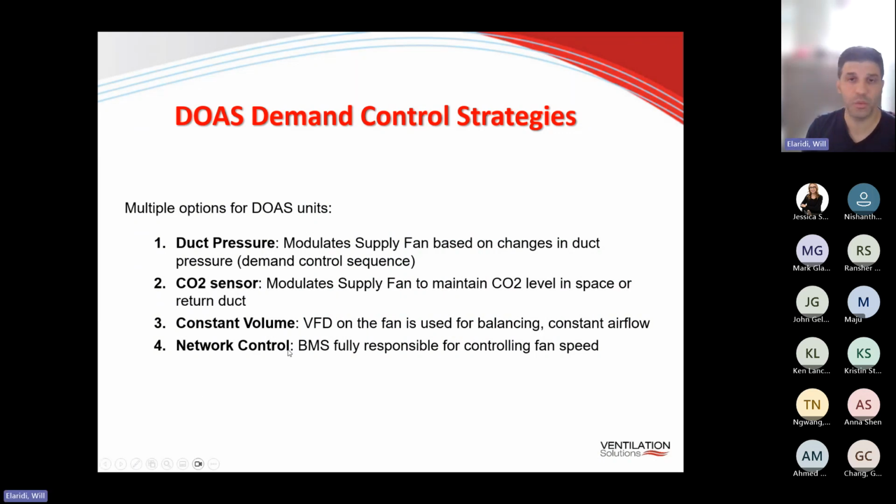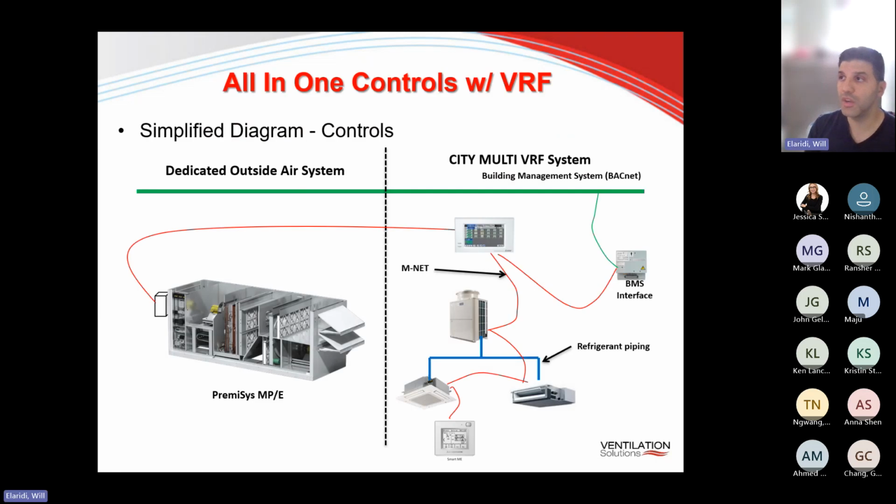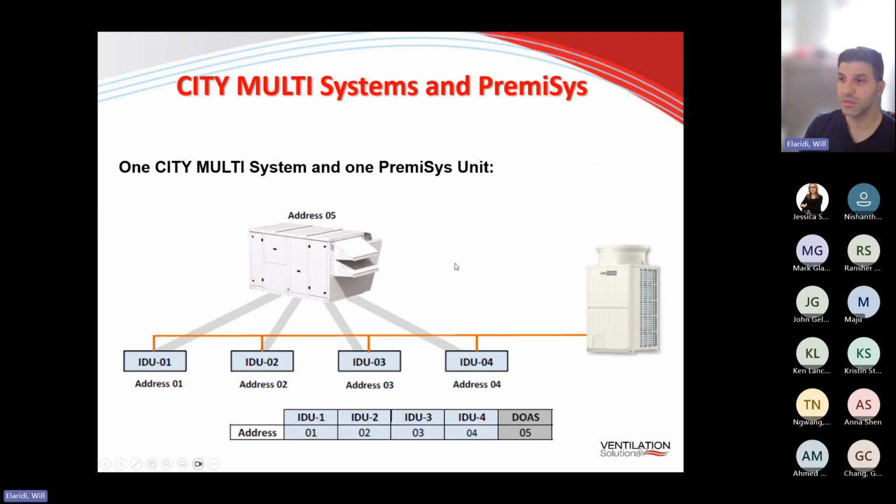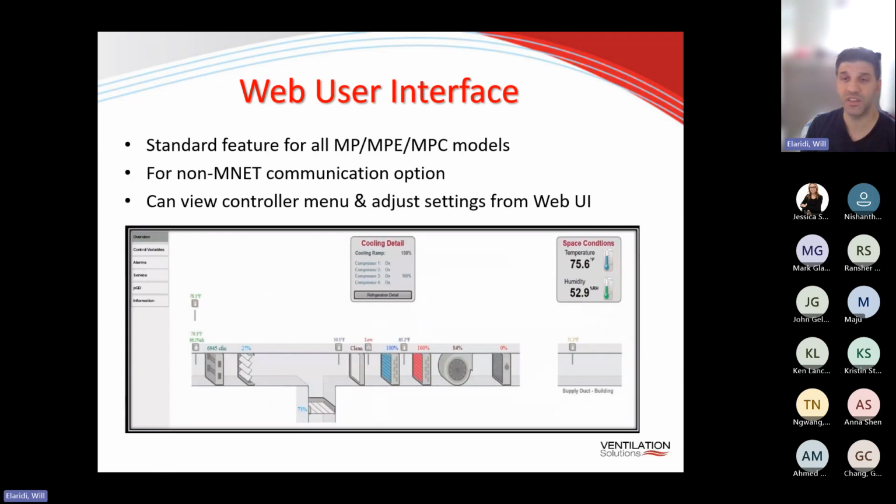Same with network control. If you want to tie it into a BMS or a BACnet system, you can do it that way for more usable controls. Or you can tie it into our VRF system. So if you have a VRF system from Mitsubishi, you can tie in the same controls that way. You can have multiple addresses for the fan coils like this. Here we have 4 fan coils, for example, but you can have a 5th one for the DOAS unit on the AE200 controller. If you don't want to use the MNet from Mitsubishi, you can have standalone controls,